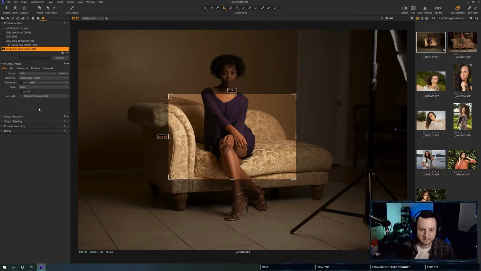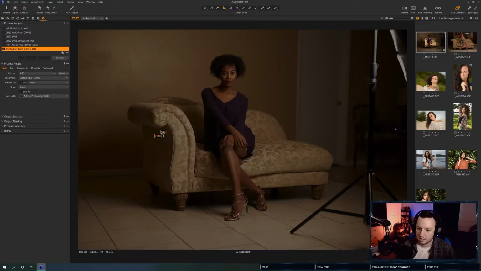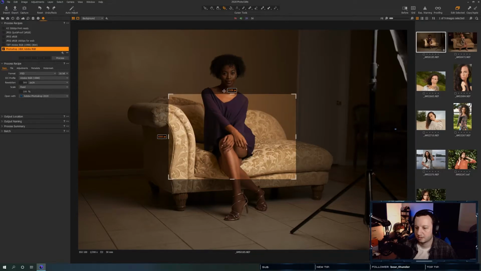Open with Photoshop 2020. Adjustments. Okay. So now it's in pixels, which I don't hate. Okay, but now I can change it. All right, so we figured that out.